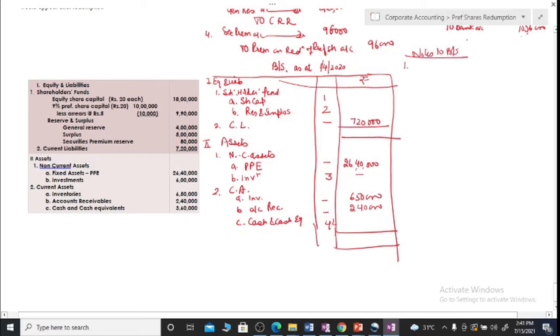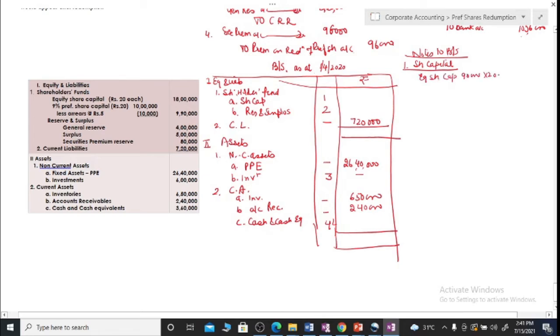So these questions seem to be a bit lengthy, but we need to do it in the proper manner. Okay, number 1 is share capital. Now as per the Companies Act, which you have studied in final accounts also, capital must be reported with all the reconciliation. So we will be recording equity share capital,